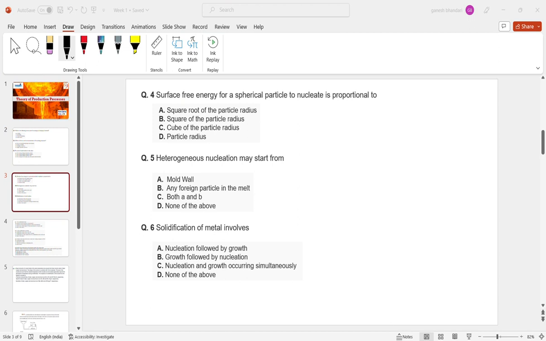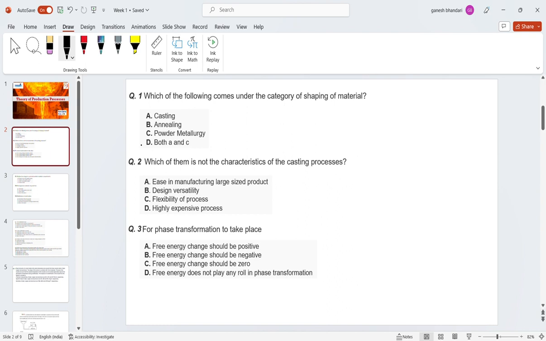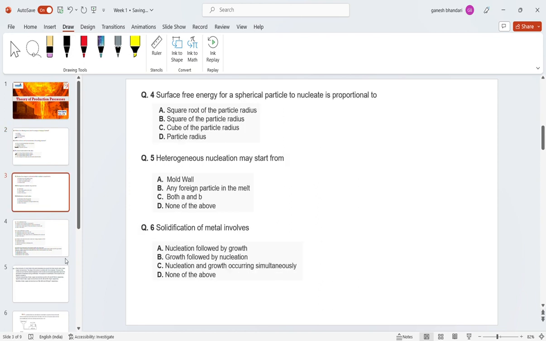One second. Okay. The fourth one is this. I will also take those answers over for the other students who are coming late, because these PPTs will be saved and they can go through that.